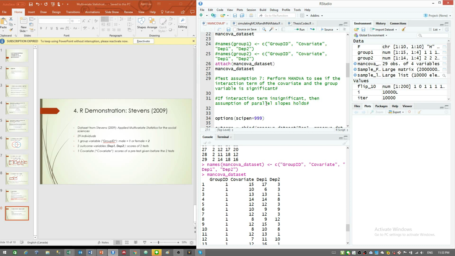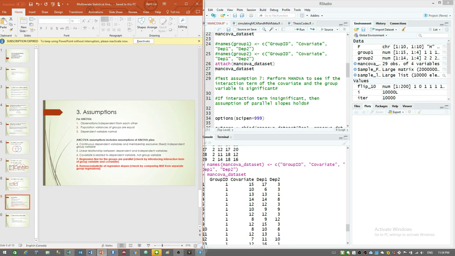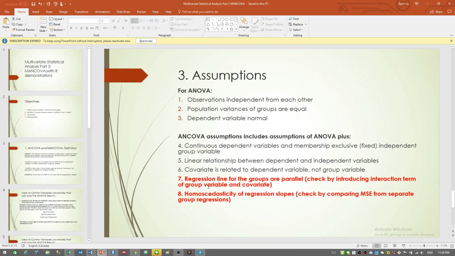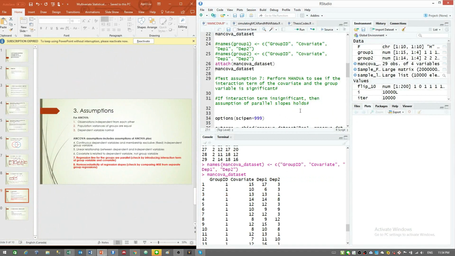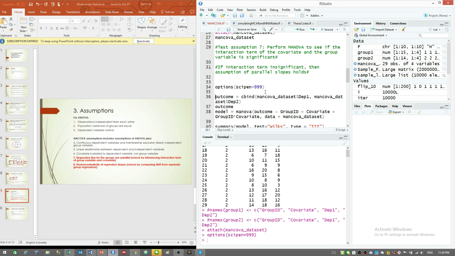And next we're going to test the 2 assumptions that I was explaining in the theory part of this video. So first we need to test the assumption that the regression lines for the groups are parallel, and we do this by first introducing an interaction term of the group variable and the covariate. So what we do here is